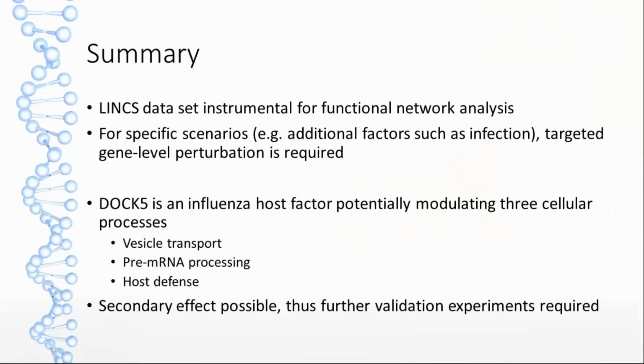And my summary at the end of the talk is that the LINCS data is very useful in our analysis, but it has to be supplemented by targeted perturbation information that includes the additional variables, as in our case, the infectious state. On the other hand, what we found is that DOC5 modulates these three types of cell processes: the vesicle transport, the pre-mRNA processing, and it apparently suppresses the host defense. Nevertheless, as I mentioned already, further analysis and further validation